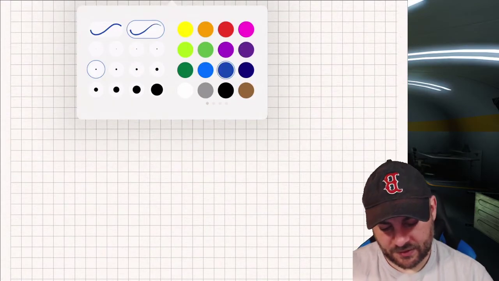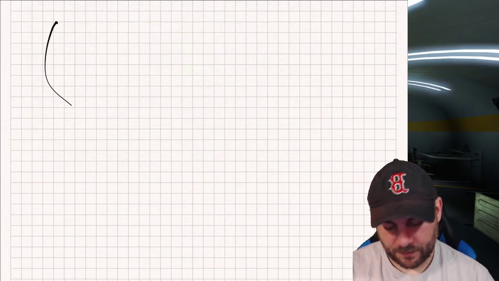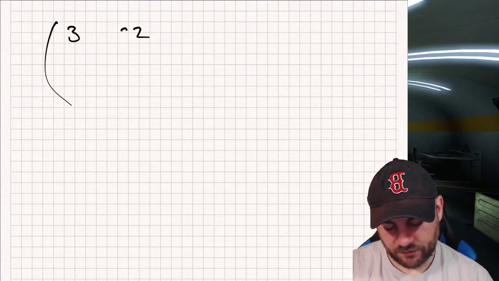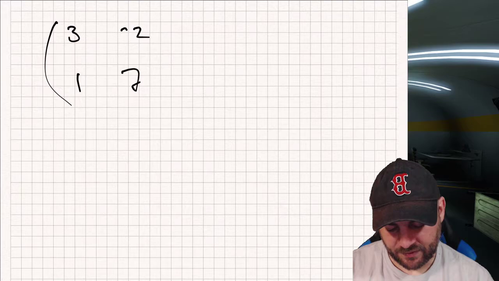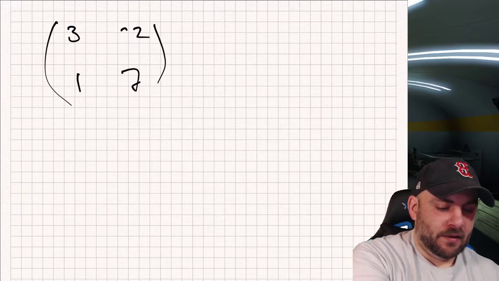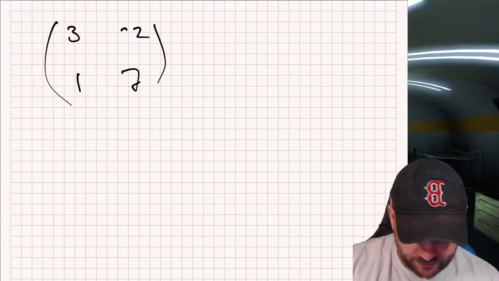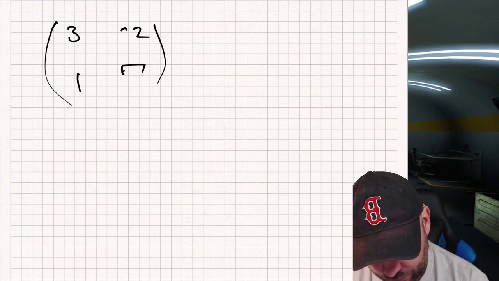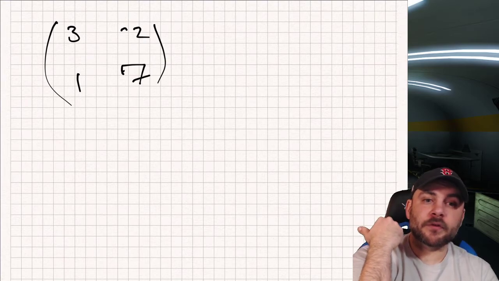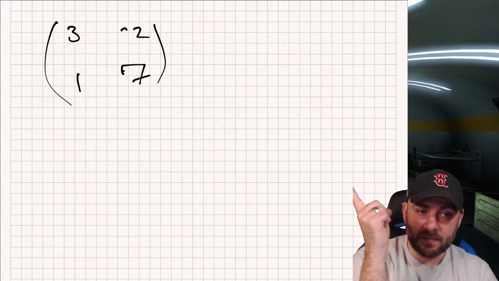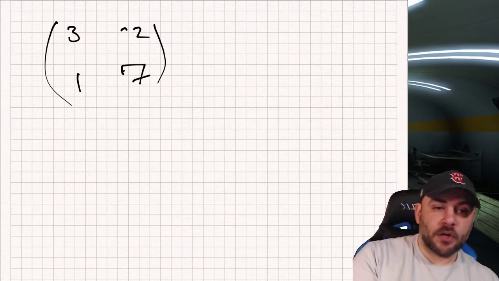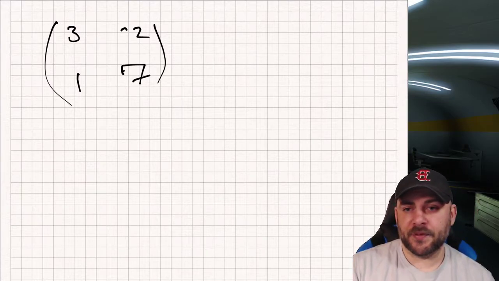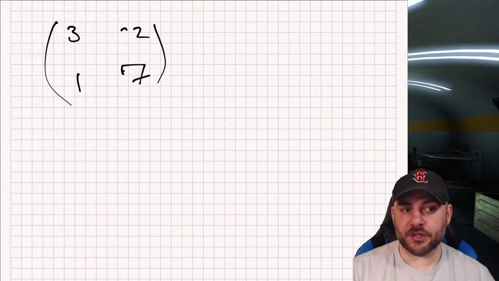So let's just pick any matrix. Pick numbers that you want. I'm going to go 3, -2, sure, whatever, 1, and 7. I don't have notes on this, okay? And I'm going to say that this belongs to a system of first-order differential equations where this is my coefficient matrix. Now, I want to know what is the stability of equilibria, a basic, vague idea of what's going on,